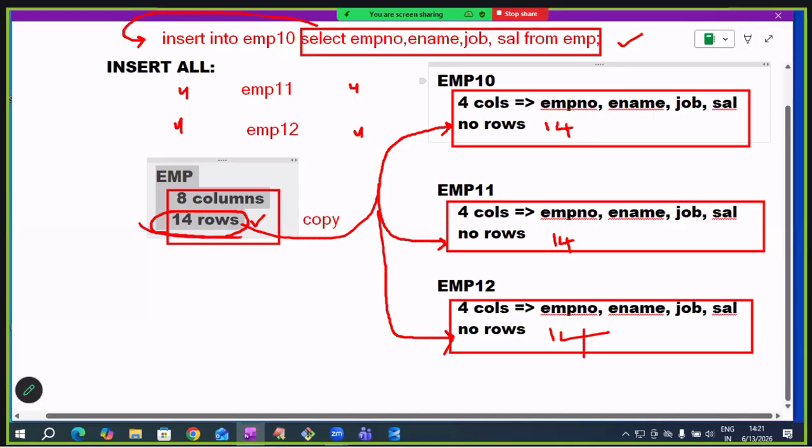So to copy one table's data to 3 tables, how many insert commands are we writing, sir? 3. So the number of insert commands will increase here. Suppose if we want to copy data to 5 tables, we have to write 5 insert commands. So instead of writing these many insert commands,